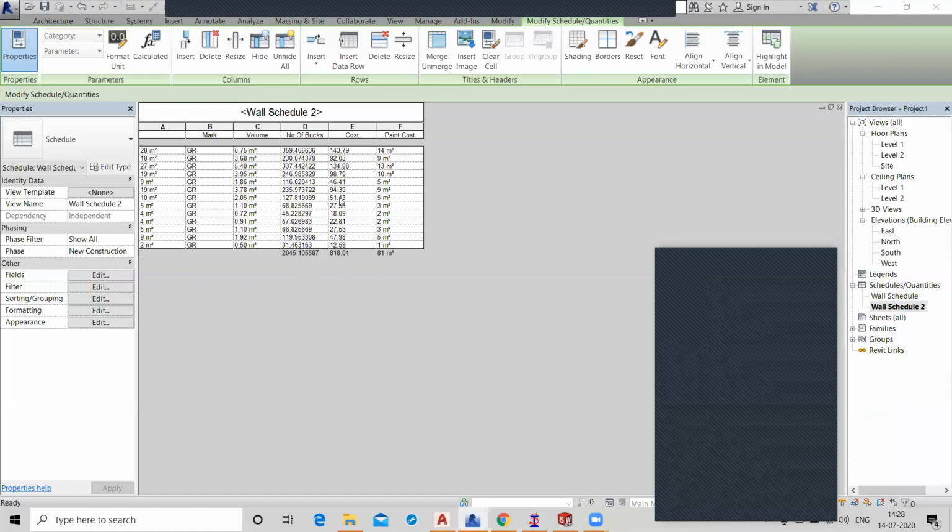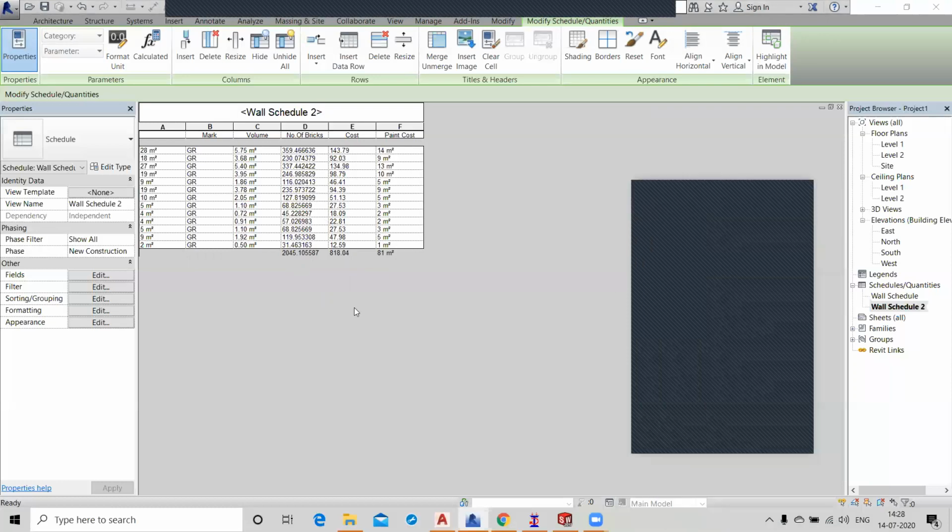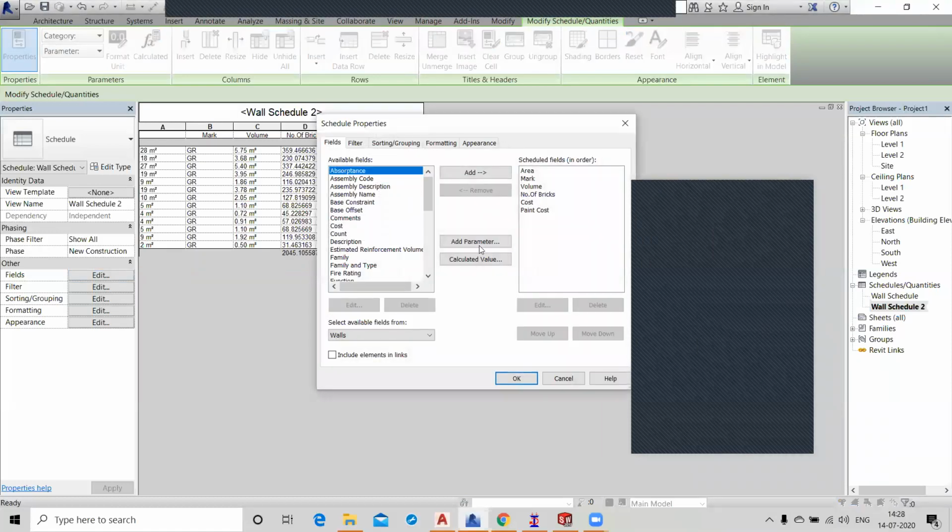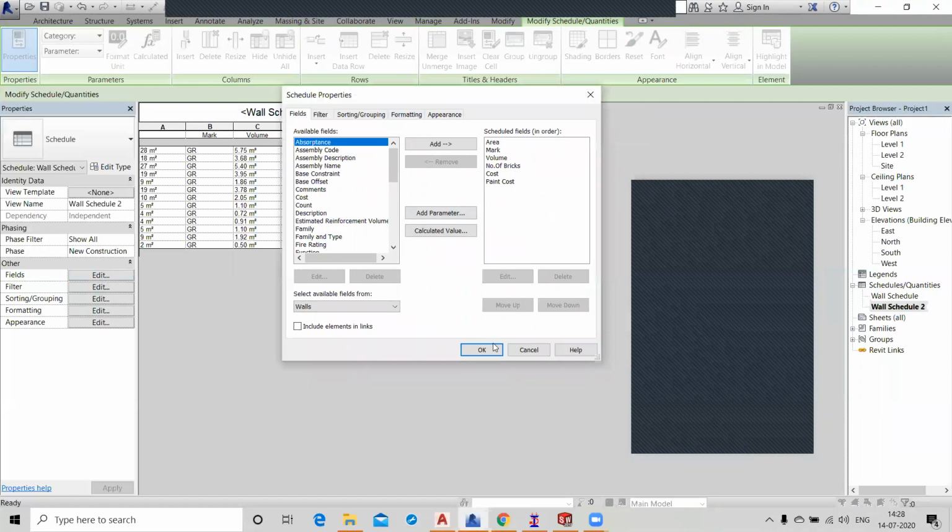Can you drag back? In which step? The 81 here, around here. No, here.